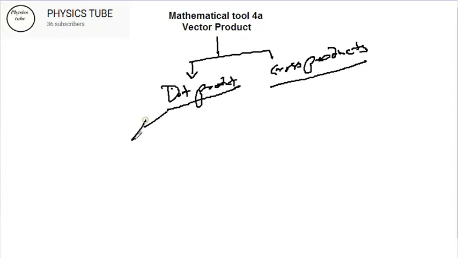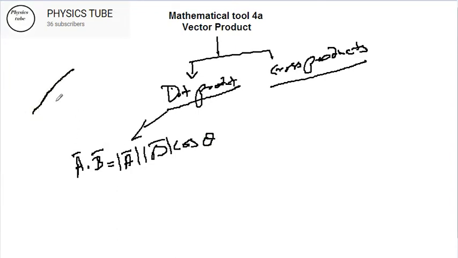Dot product says, very simple, if you have vector a dot product with b, then we can elaborate this as magnitude of a, magnitude of b, and cos theta, where theta is the angle between a and b. Now suppose this is my a and this is my b. So these are the two vectors in the coordinate system.